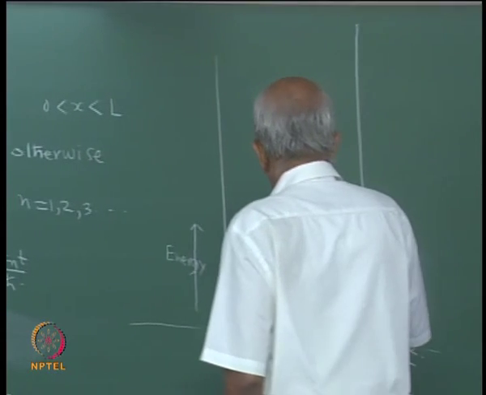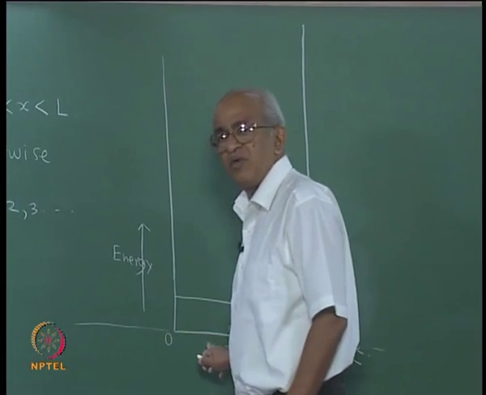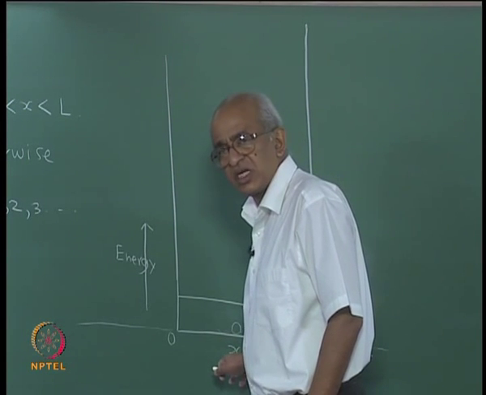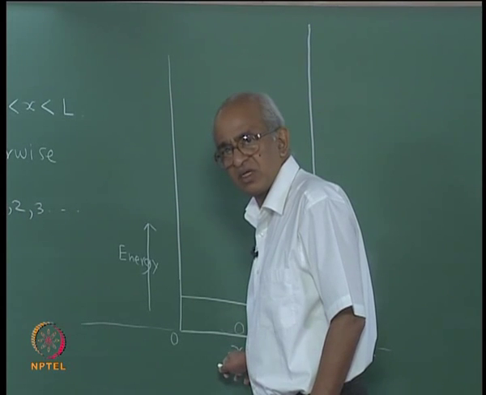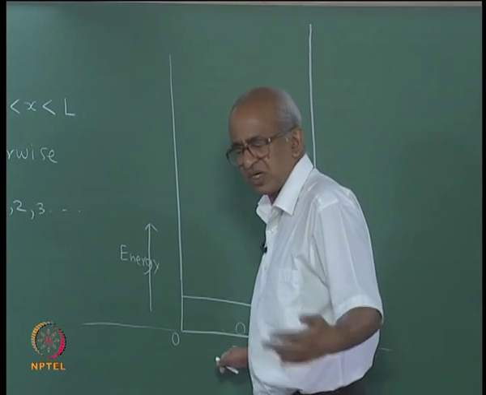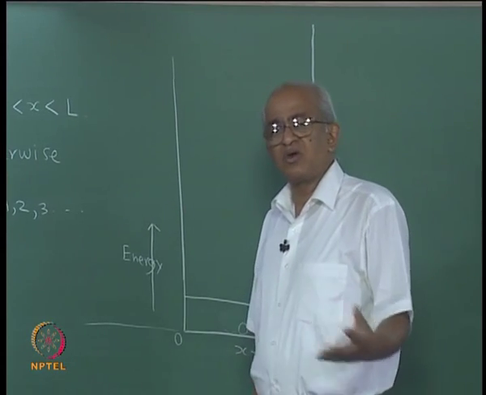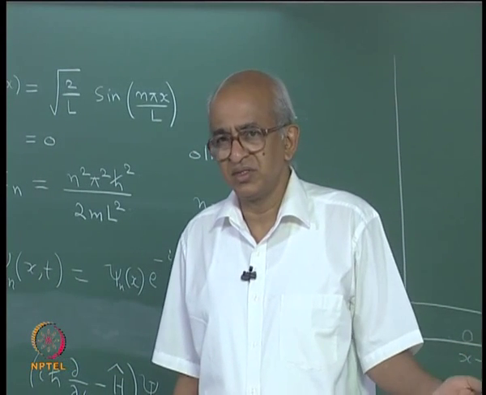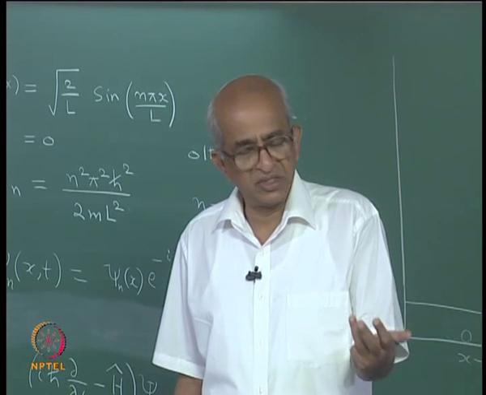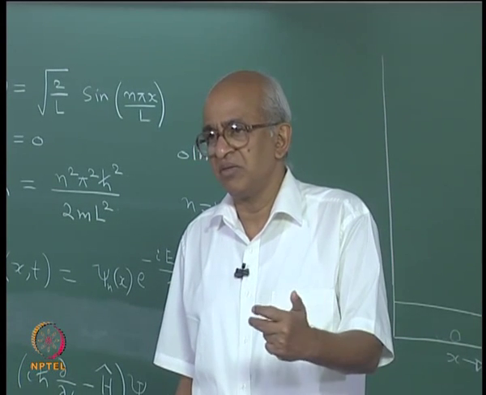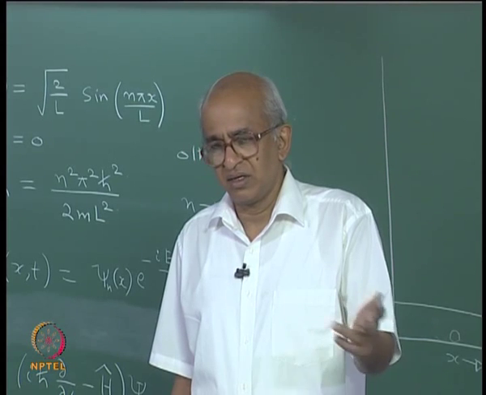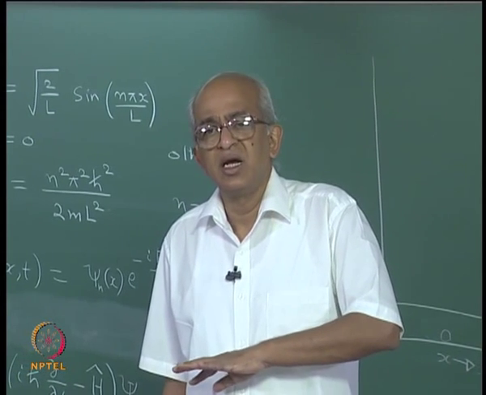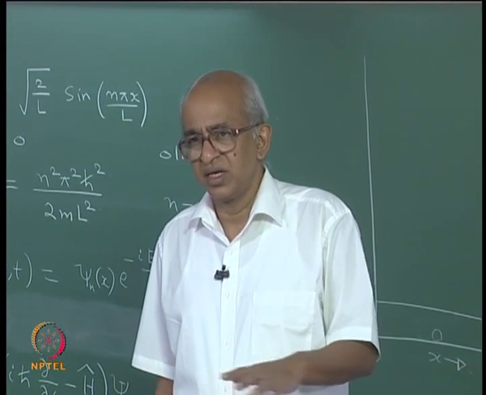Imagine you have a particle just sitting at a particular location. Then I know exactly where the particle is, therefore its uncertainty in position will be 0, because if it is sitting somewhere precisely, the uncertainty in position will be 0. And if it is not moving, it has no momentum. So it essentially means that momentum is 0. So therefore there is no uncertainty in position and no uncertainty in momentum, delta x is 0, delta p also is 0, which means that I would have a situation where the uncertainty principle would be violated,